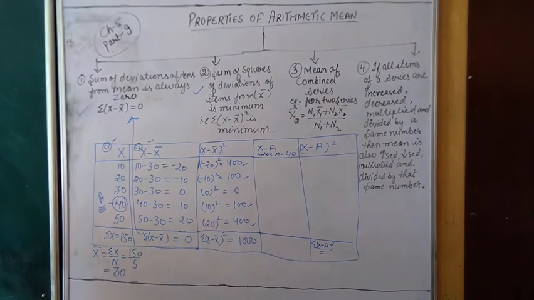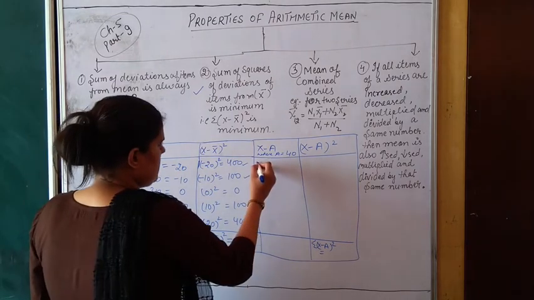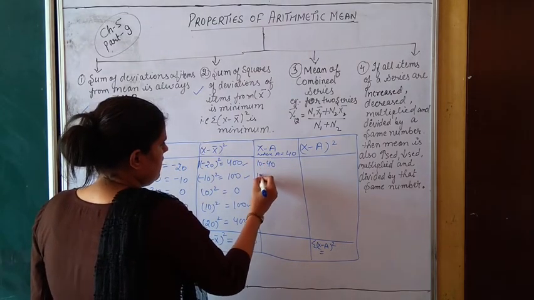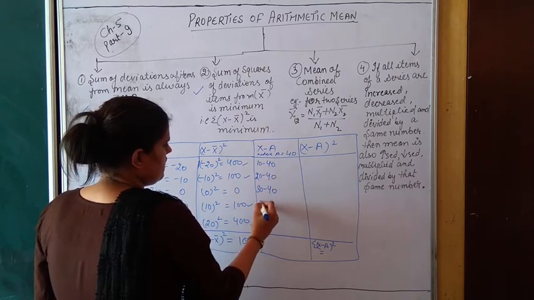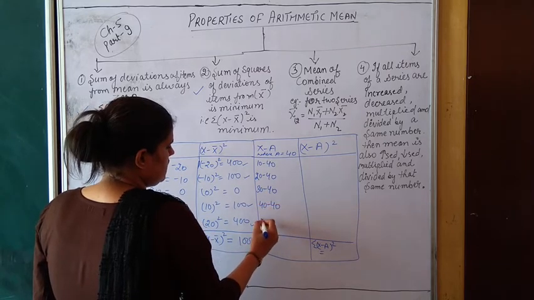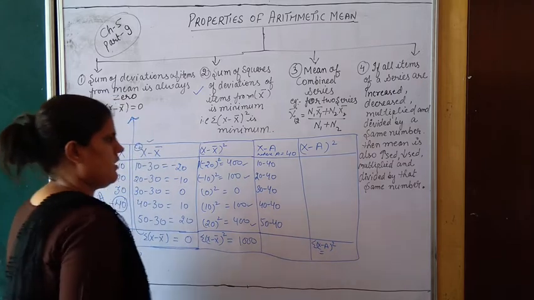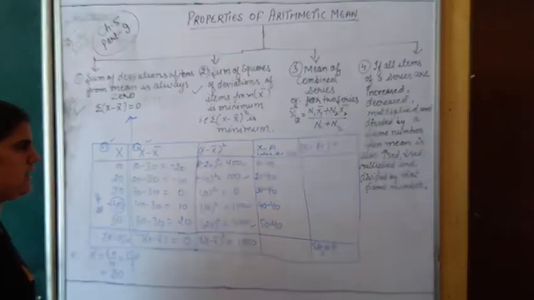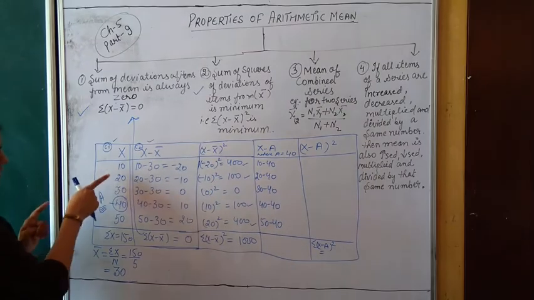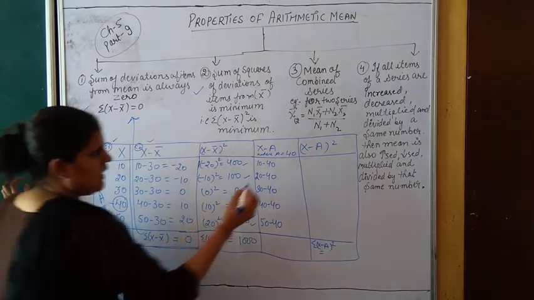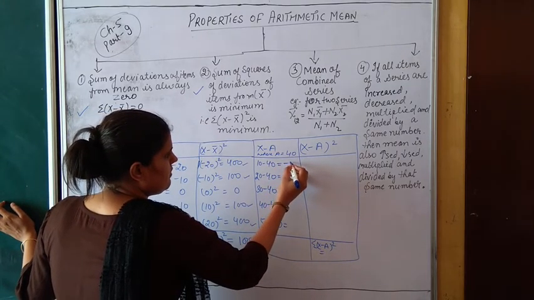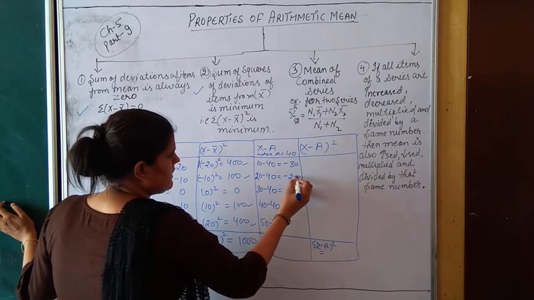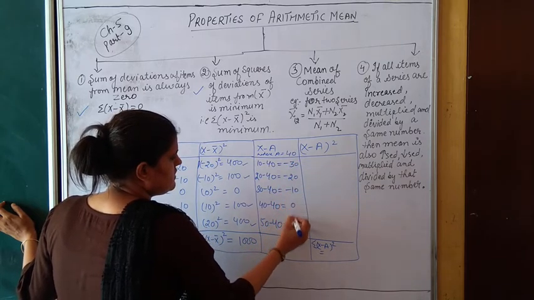Clear? Now as you all know, so many times we have taken deviations from a also, so let us deviate: 10 minus 40, 20 minus 40, 30 minus 40, 40 minus 40, and 50 minus 40. Clear? Here I have written all the 40s, and here all the values of x, that is 10, 20, 30, 40 and 50. Now I will do the subtractions, as I have told you so many times. What will come here? Minus 30, minus 20, minus 10, 0 and 10.